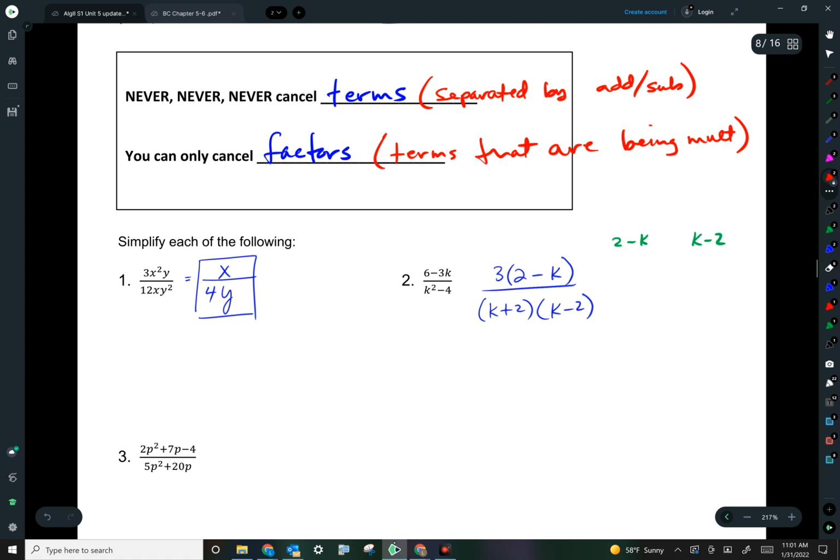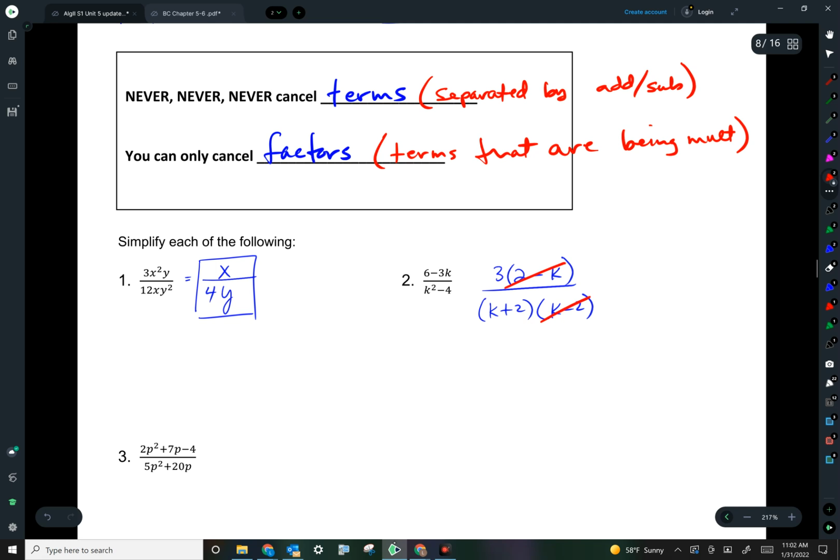Suppose I pick 10. If k is 10, I have 2 minus 10, or 10 minus 2. Well, one of them equals negative 8, the other one equals positive 8. Again, they represent the same value, it's just one's positive and one's negative. So with that in mind, anytime you see a 2 minus k or a k minus 2, a subtraction problem in parentheses with the exact same variable, exact same numbers, both subtraction, but just in the opposite order,